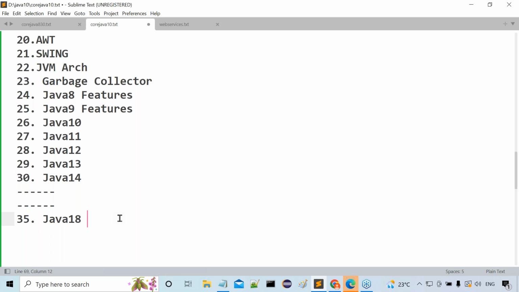But the simple confidence I am telling you is this: I have written this total syllabus just as a formality. But my mindset is that whatever is inside the J2SE part, I want to cover everything. That's my simple philosophy. No boundaries for our content. What we have in J2SE, what Sun Microsystems has given in core Java, I want to discuss everything. That is my main intention. But formality-wise, I have written all these boundaries.